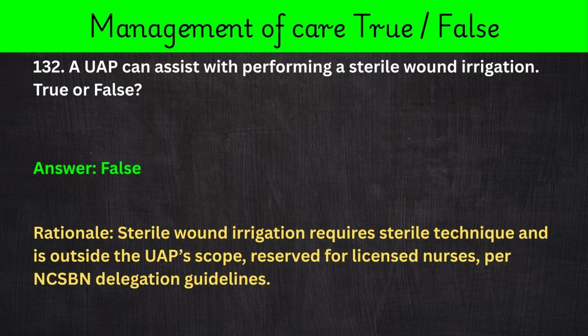132. A UAP can assist with performing a sterile wound irrigation. True or false? Answer: false. Rationale: sterile wound irrigation requires sterile technique and is outside the UAP scope, reserved for licensed nurses, per NCLEX-PN delegation